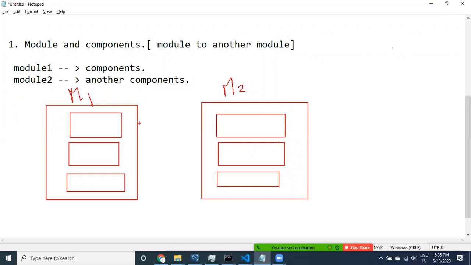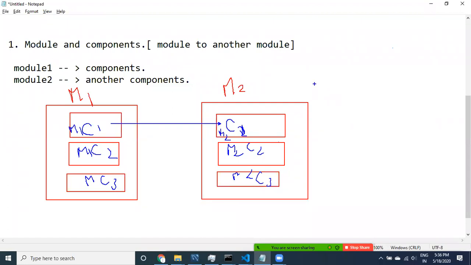So now what I need to do is call from component 1 to another component. I want to call this component 1 to component 2. See here guys, if this is in the same module, maybe like m1 c1, m1 c2, m1 c3, and this is m2 c1, m2 c2, m2 c3. Of course we can have multiple modules also.